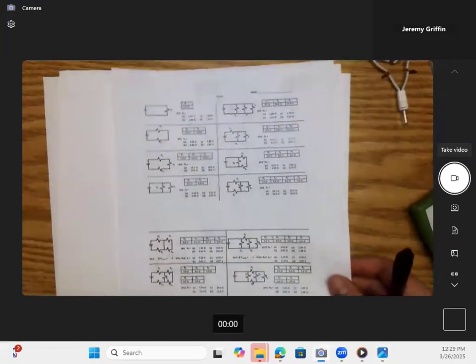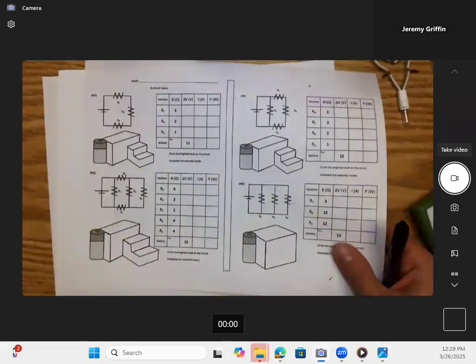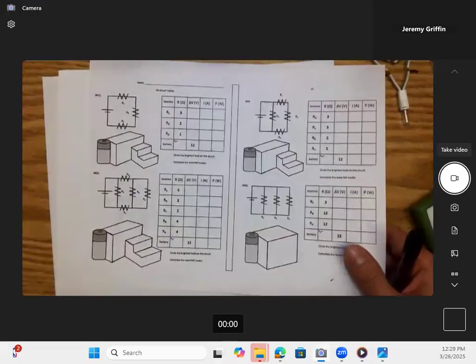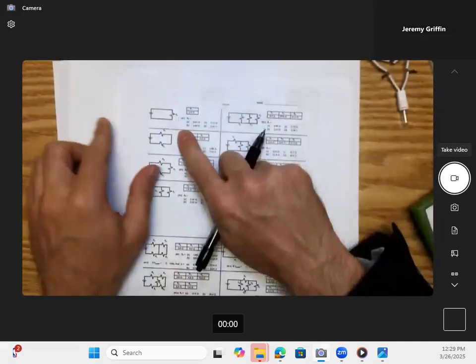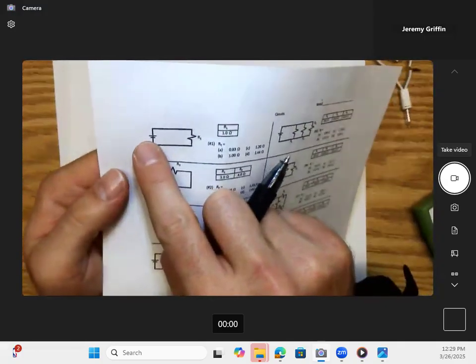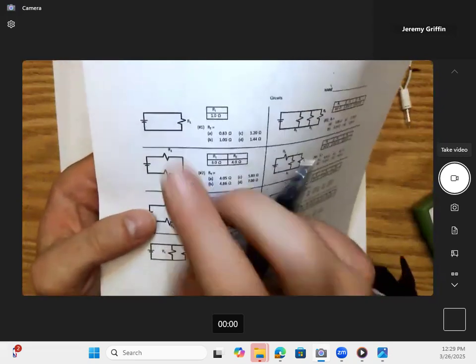So let's get to this page that we had just started on yesterday. I've got a bunch of circuits on this side, and then near the end of class, we'll start looking at one of these on the back with the Kirchhoff tables. But let's do some circuits here. I'm going to hit a bunch of odd questions. So number one, you see there's a voltage source and one single resistor,